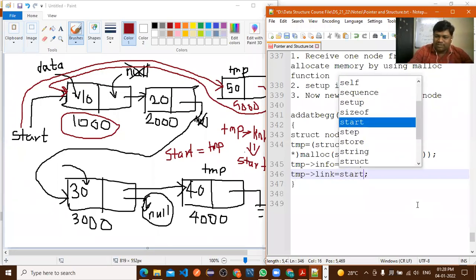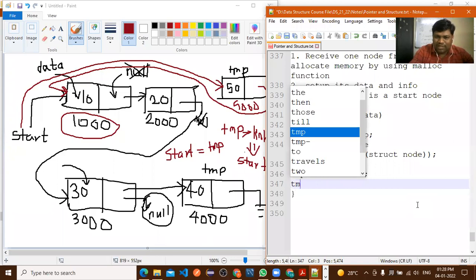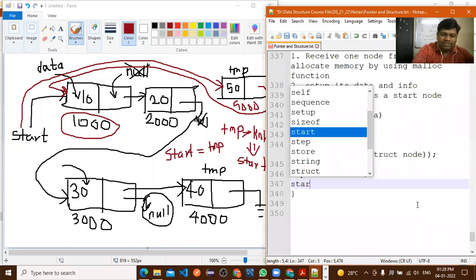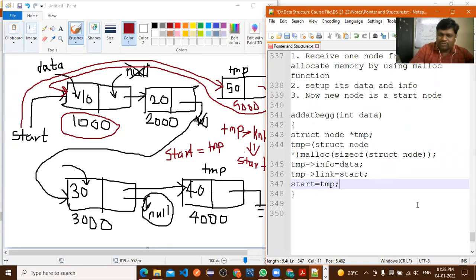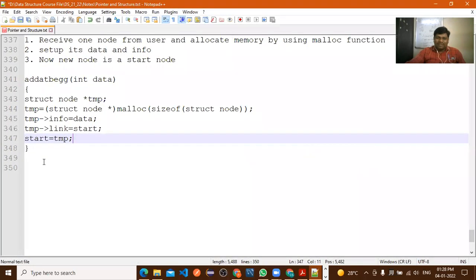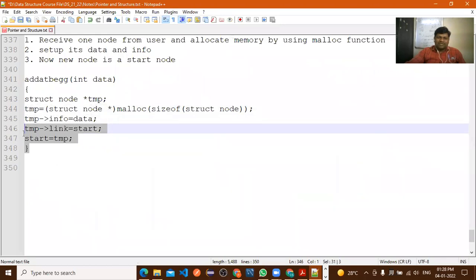Start. Start. And next काय statement आहे? Start is equal to temp. So that's it. Our function is completed. If you want to add a new element at the beginning of the linked list, so these two statements are sufficient.